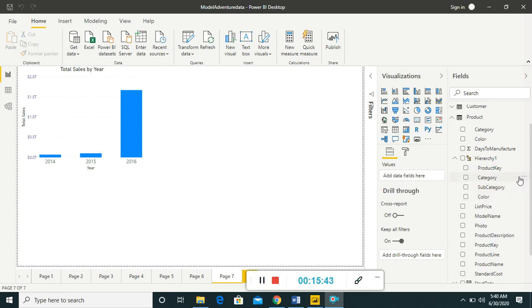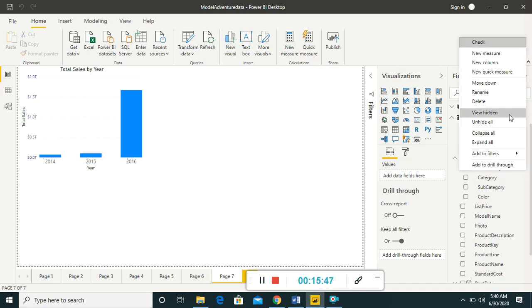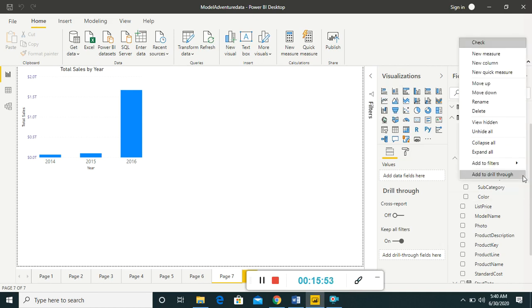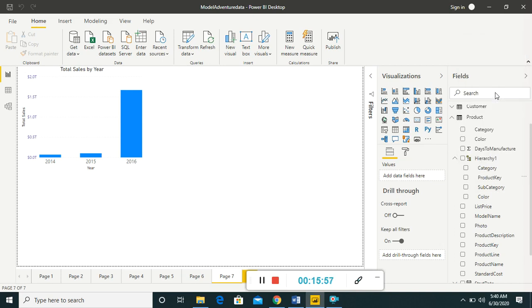Like if I want to move the product key down, I can select this option. I can also simply drag it and drop it over here to move it. So now as you can see the hierarchy.